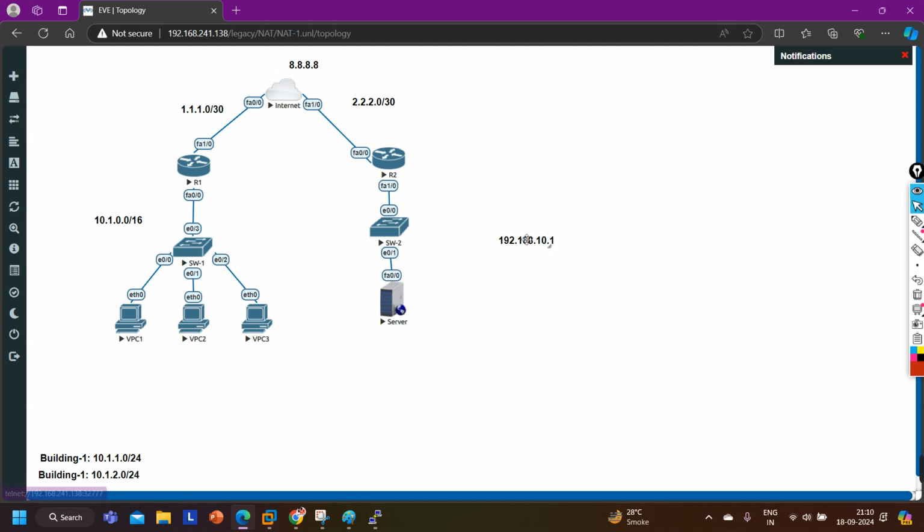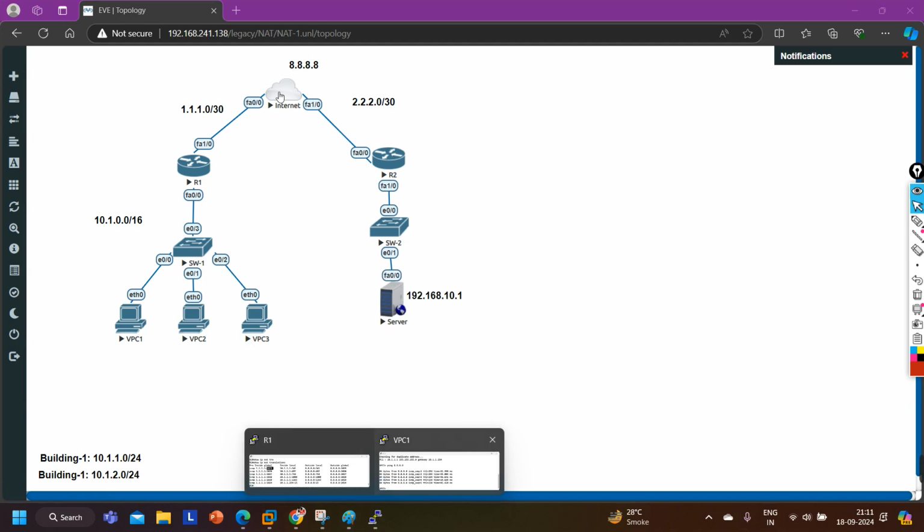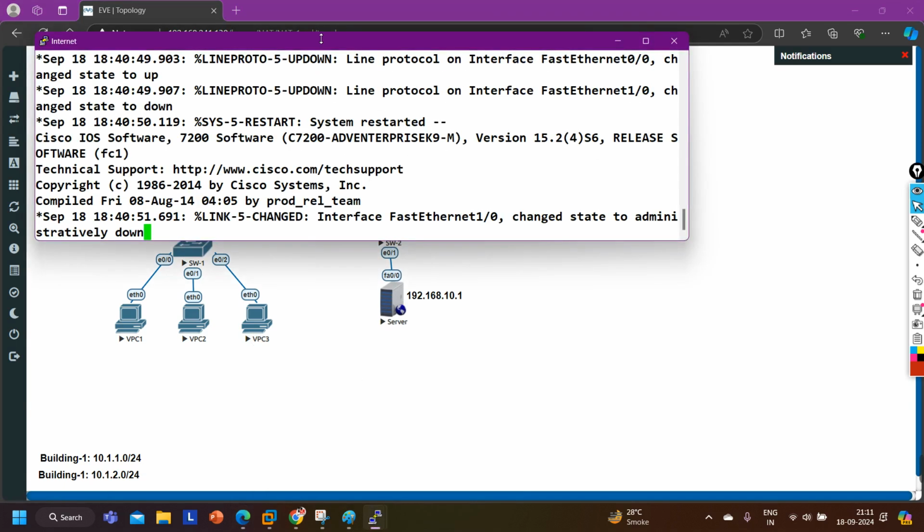Two private networks are there now. So let me configure another interface of the ISP router first.